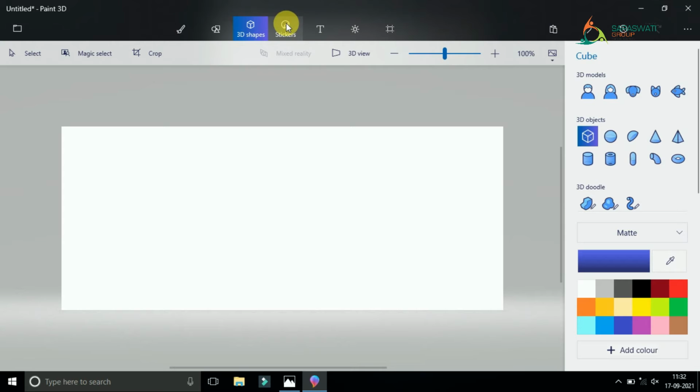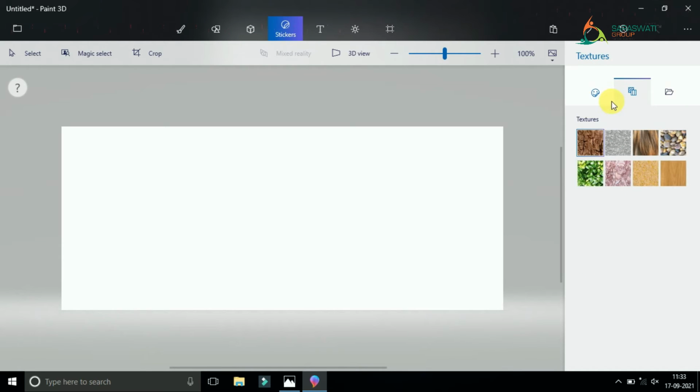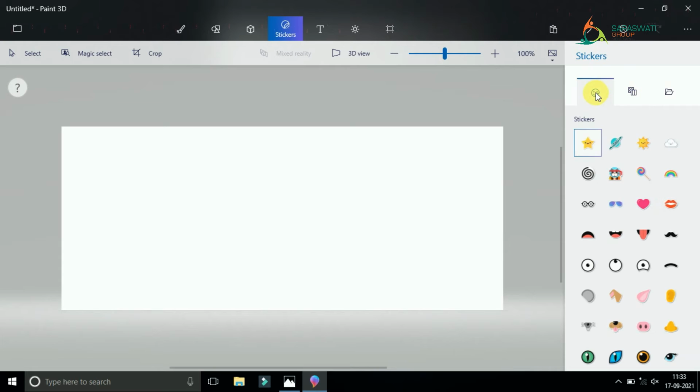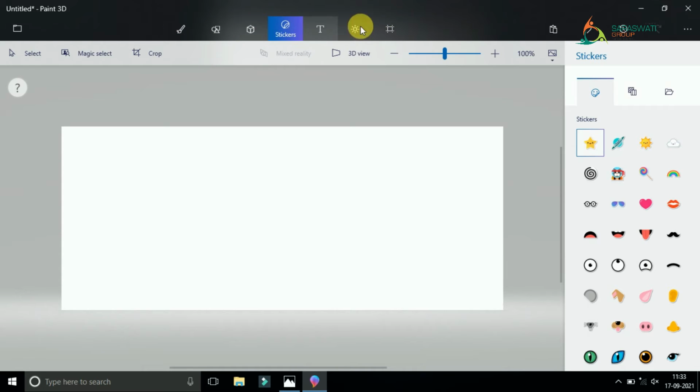If I say stickers, it appears here. Like the way we use them in social media, we can use the stickers here too. These all are considered tools. This is the menu and these all are tools.